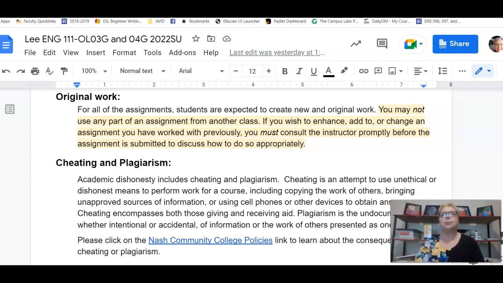instead of asking permission to turn it in late, just send the document to me and tell me why you didn't get it in on time, and I'll respond whether I'll accept it or not. So I'll let you know that. I always respond to emails. In fact, that's the best way to get in touch with me, is to send me an email. And when you do that, please use your Nash Community College Gmail account when you're contacting me. And of course, my email that I've given you is that kind of email on the Nash Community College